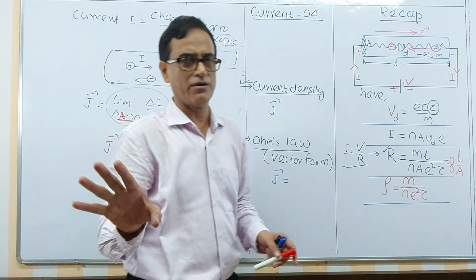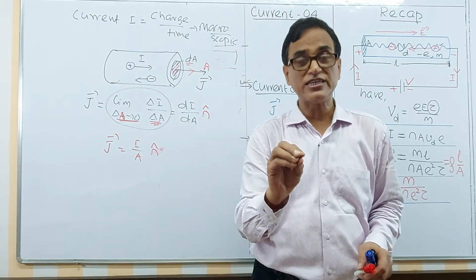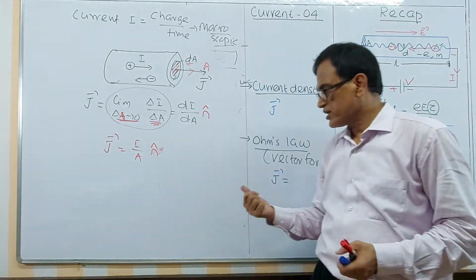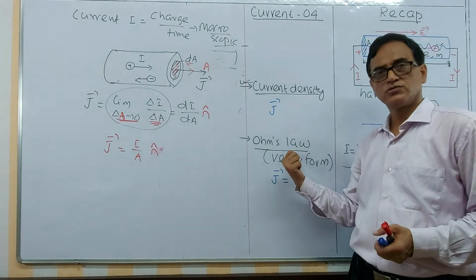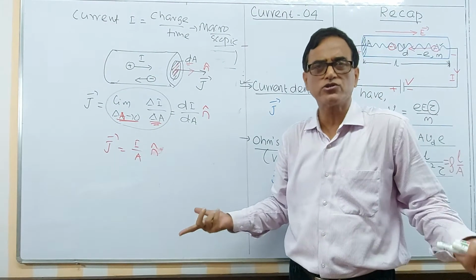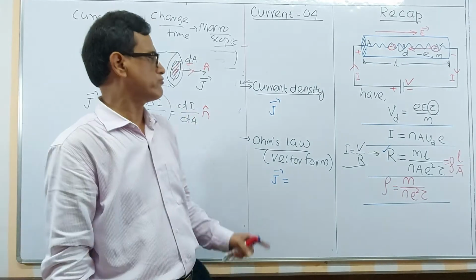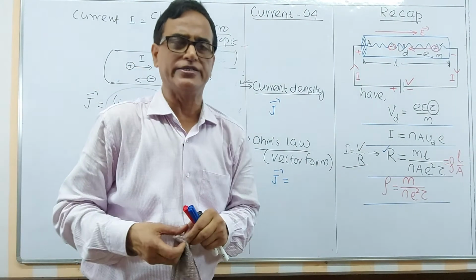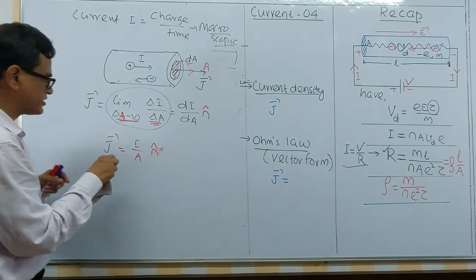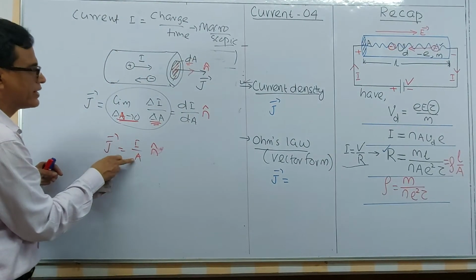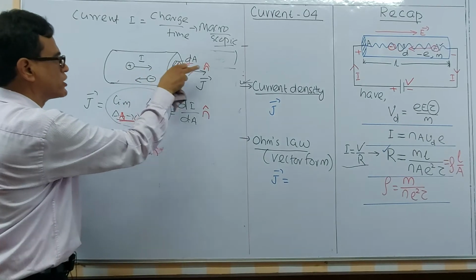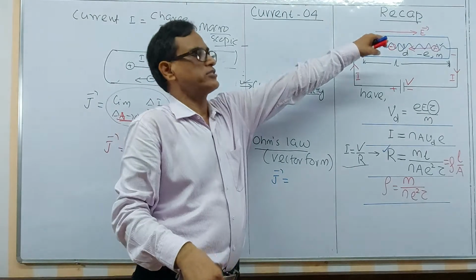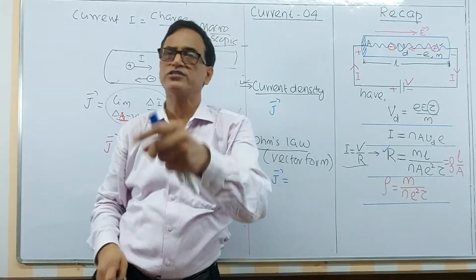This time in your new syllabus, current density has been eliminated. But Ohm's law is not eliminated. So you may be asked a question, derive Ohm's law in vector form. So how to derive if you do not know the current density? That's why you should have some idea about the current density. Current density by simple definition, remember, is current by area directed along the normal to the surface, directed along the direction of current. But I will prove now the direction of current density is in the direction of electric field.